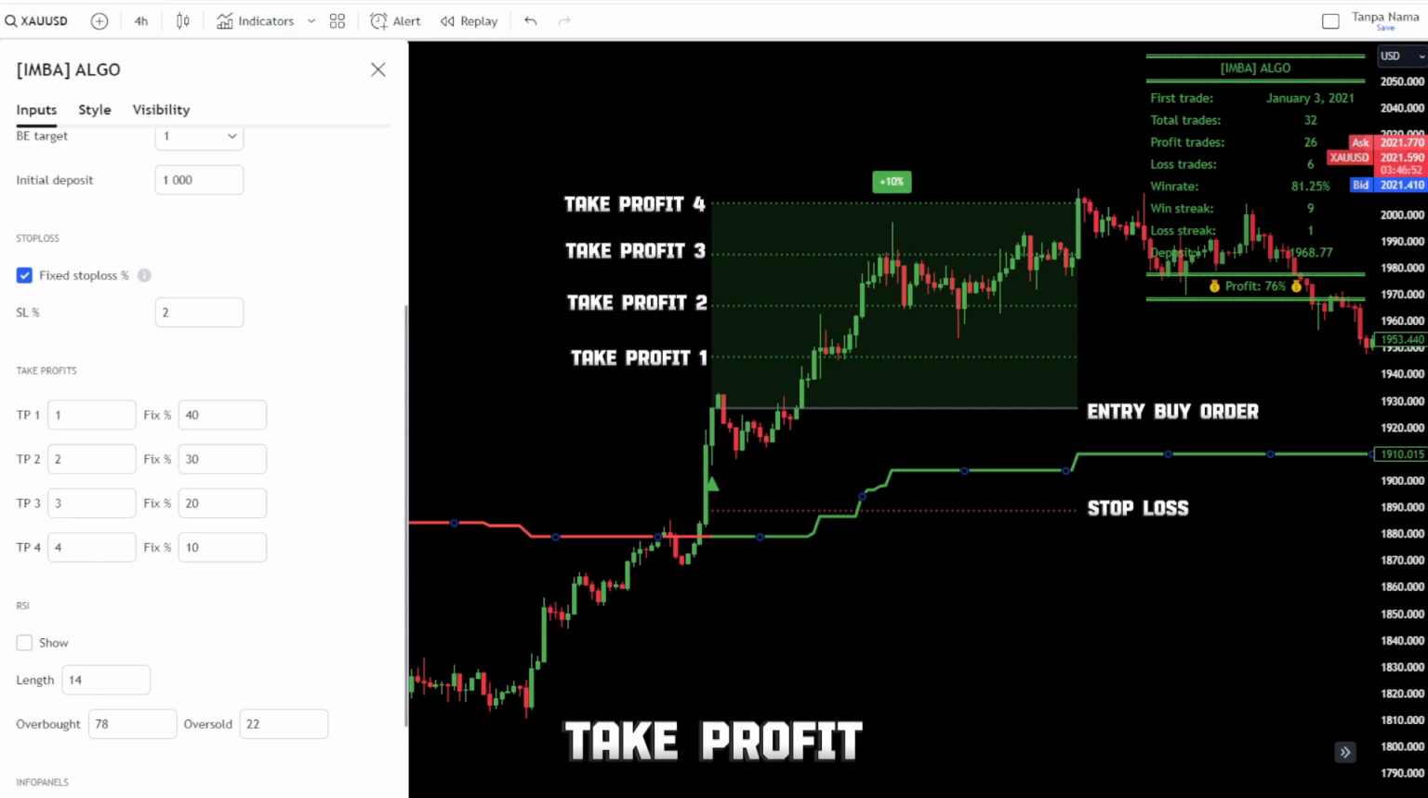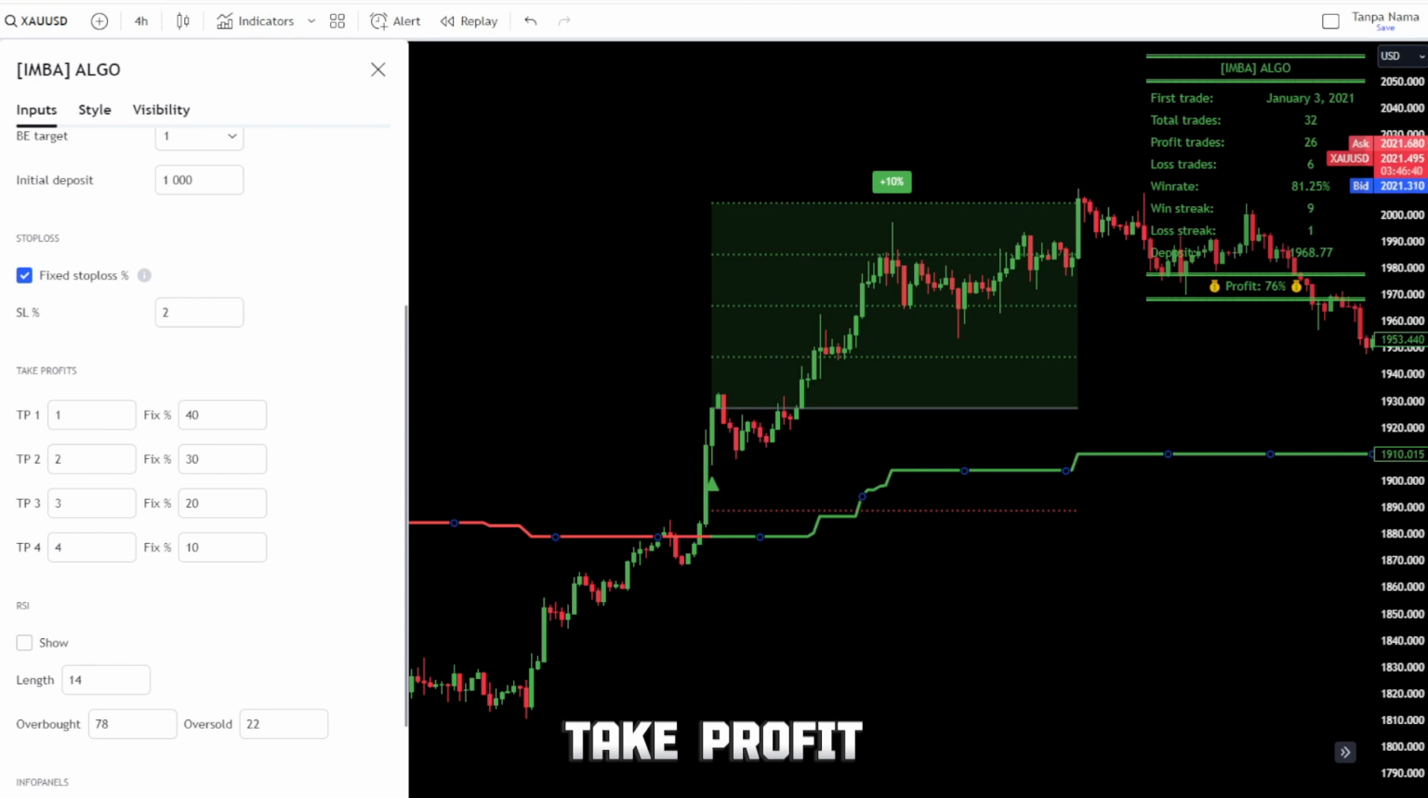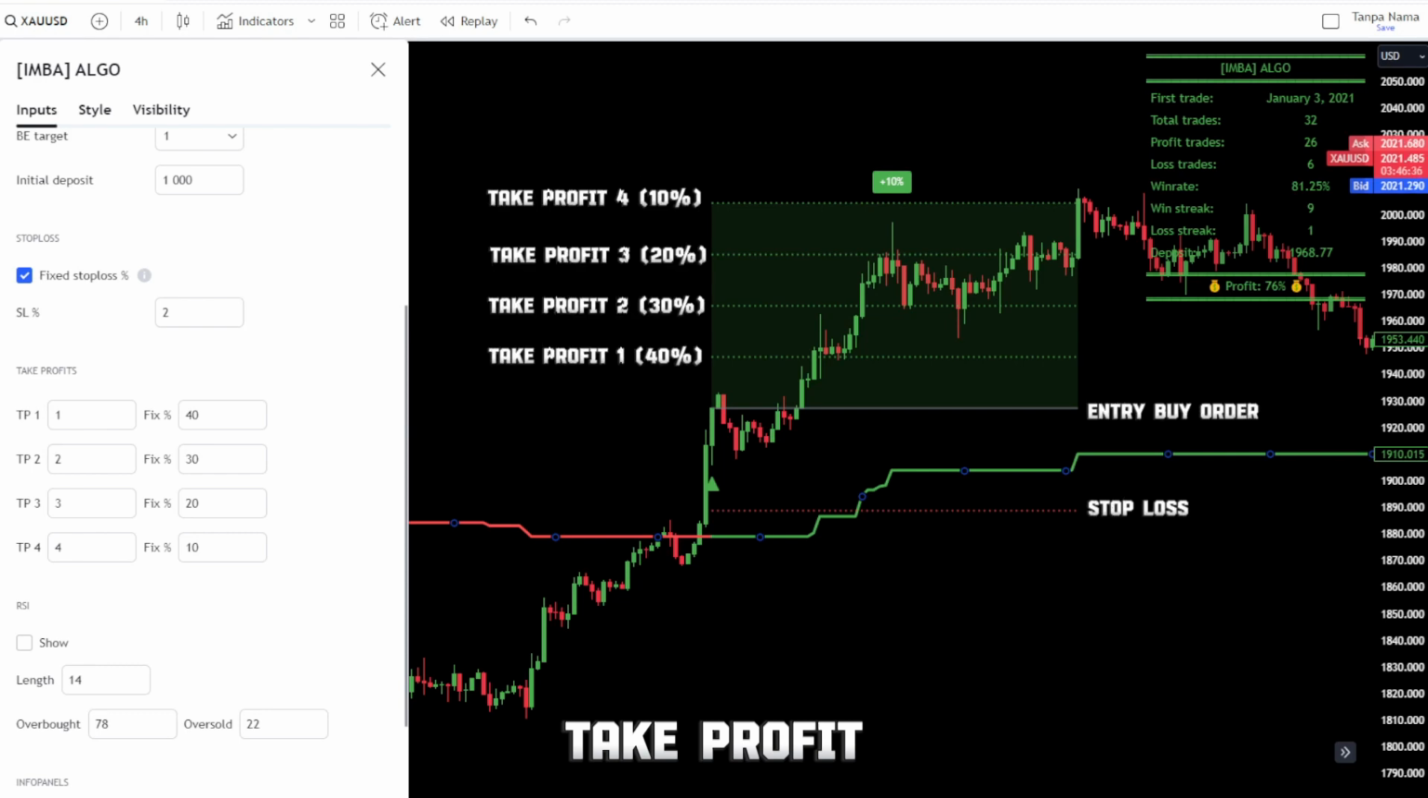The indicator will automatically use this distribution in each trade. In simple terms, it means that we aim to achieve a profit of around 40% multiplied by the total risk lot we are trading. The profits will accumulate up to the maximum achievable level by the price. For this example, let's use the proportion of 40% for TP1, 30% for TP2, 20% for TP3, and 10% for